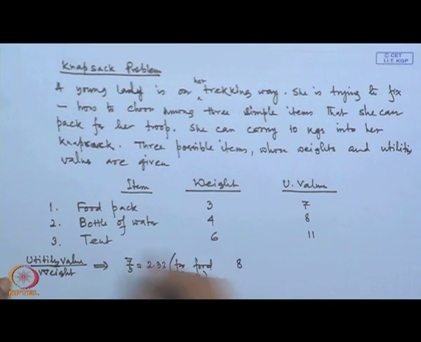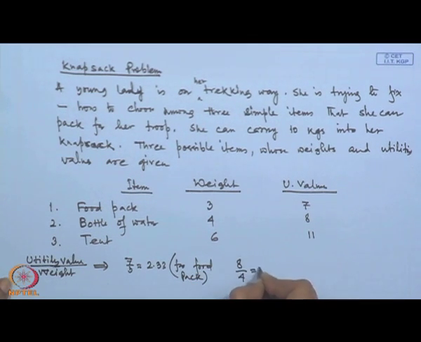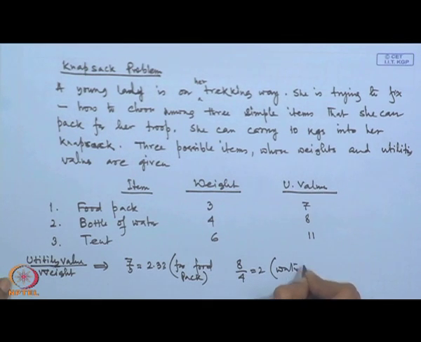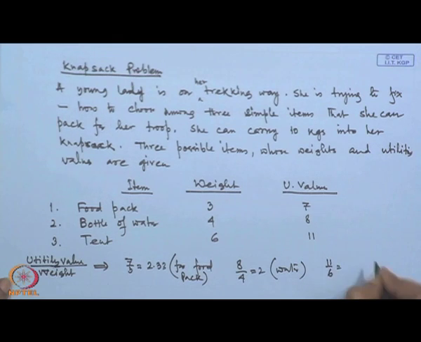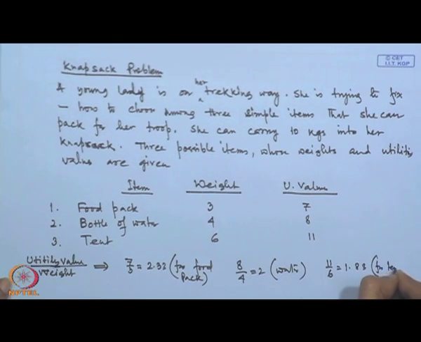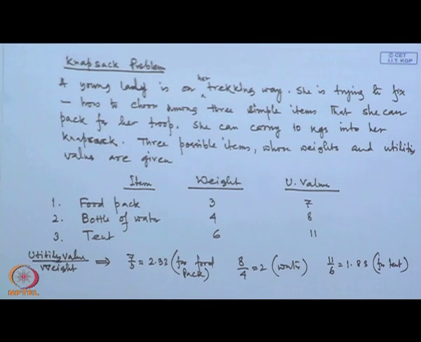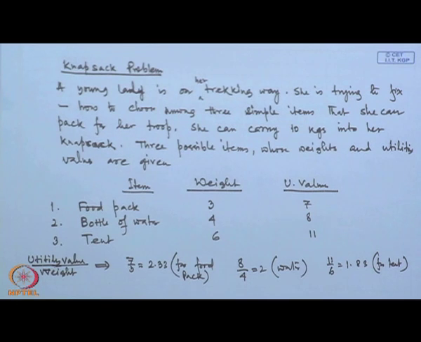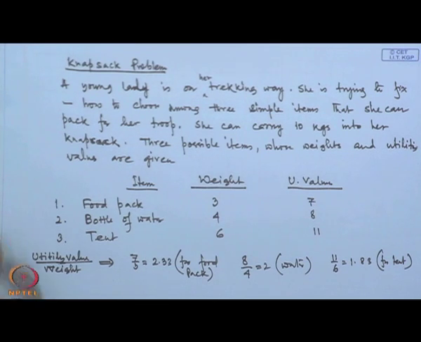Similarly, for the bottle of water it is 2, and for the tent it is 11 by 6, 1.83. That is for tent. As we could see, the food pack has the better unit utility value, thus we can suggest in an ad hoc way